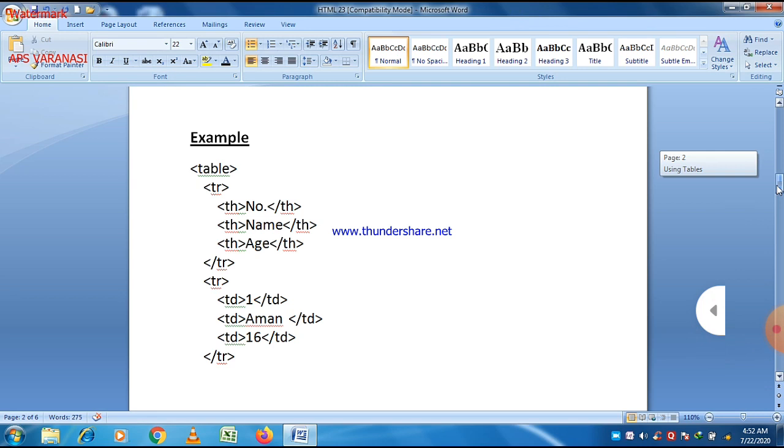And then after tr and td, again and again different tr and td when you mark, just focus on the concept whether this is a part of the table heading or the table body or the table footer. So if this is a part of the table heading, then write the T head tag and define it inside the table head tag. And if it is a part of the table body, then define it in the T body tag. And if it is a part of the table footer, then define it in the T foot tag. So these are some basic tags which we use to define a table.